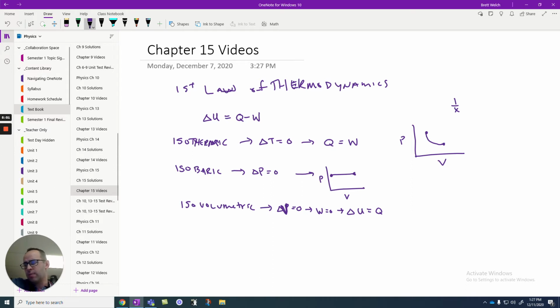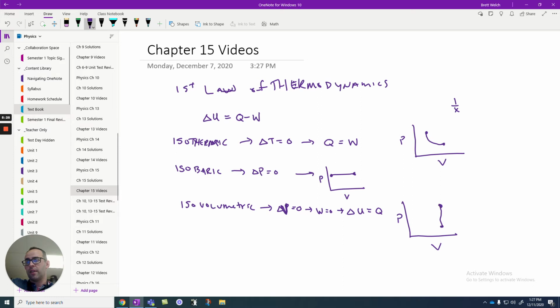So you add heat to it because we're allowing the volume to be held constant. No work is being done. If you think about volume and a piston being held constant, that means the piston didn't go up or down, which means nothing moved. And if you think of work as force times displacement, if nothing's displaced, there couldn't have been work done. And so this last PV diagram, if the volume is held constant, would be a vertical line.